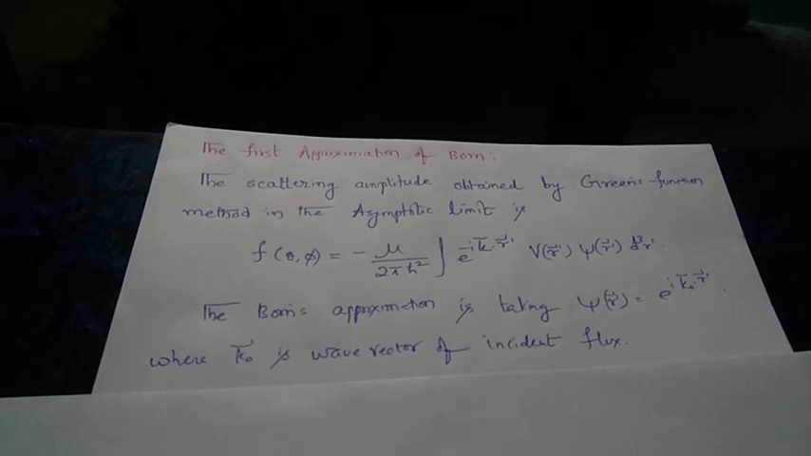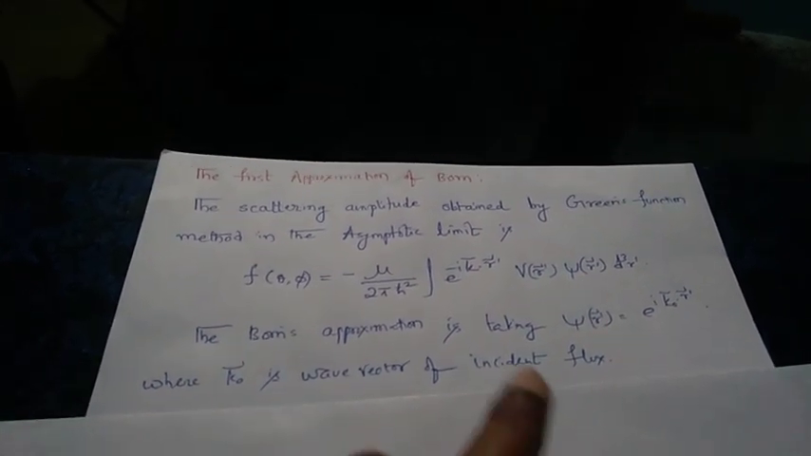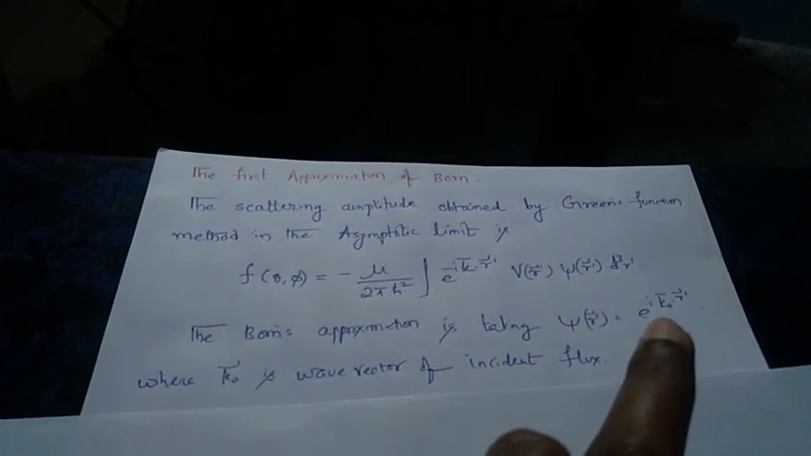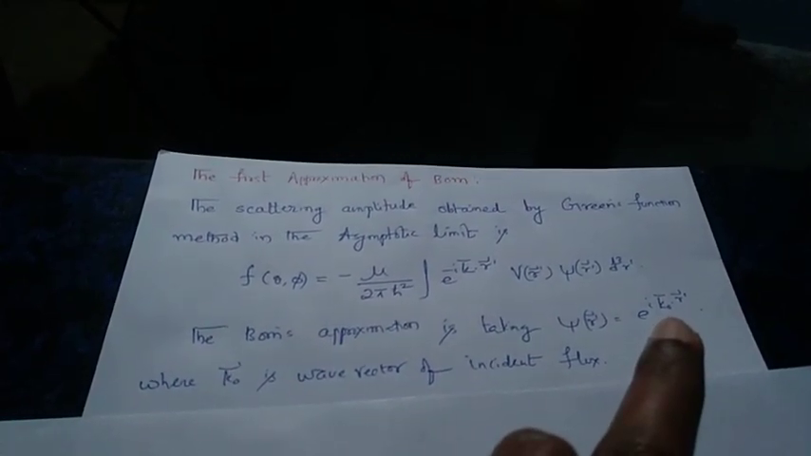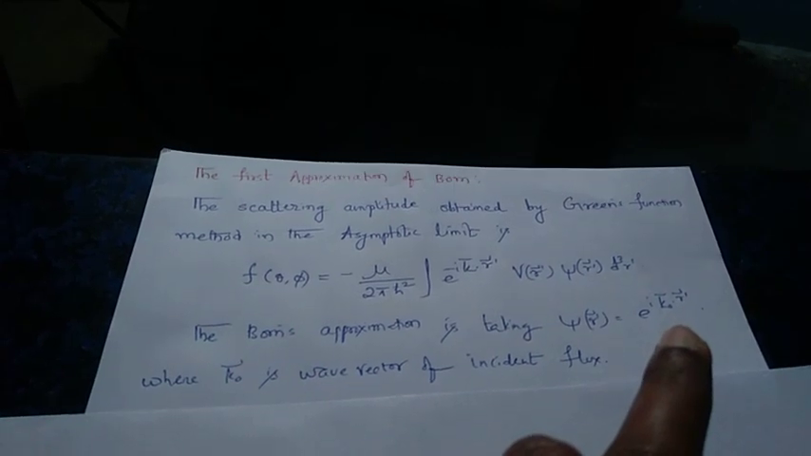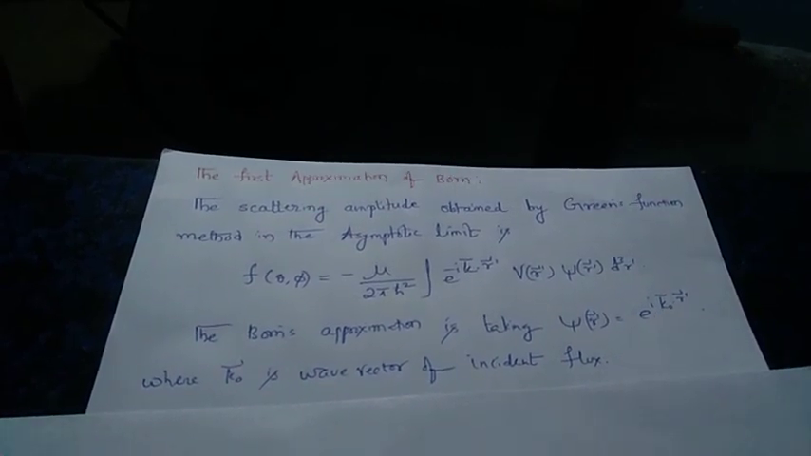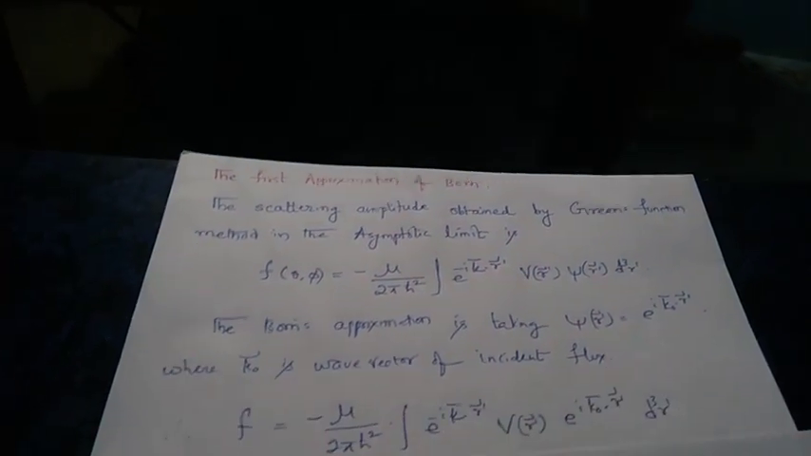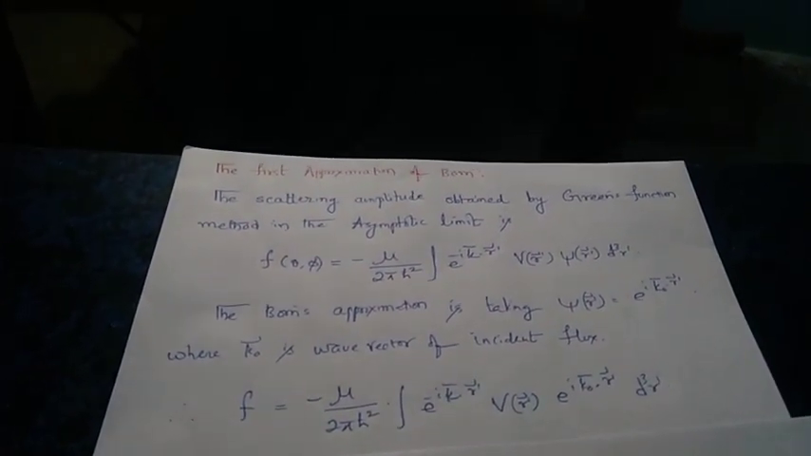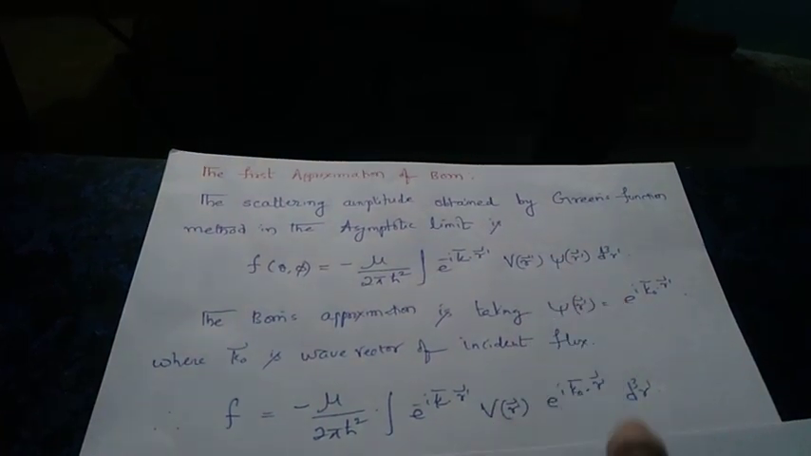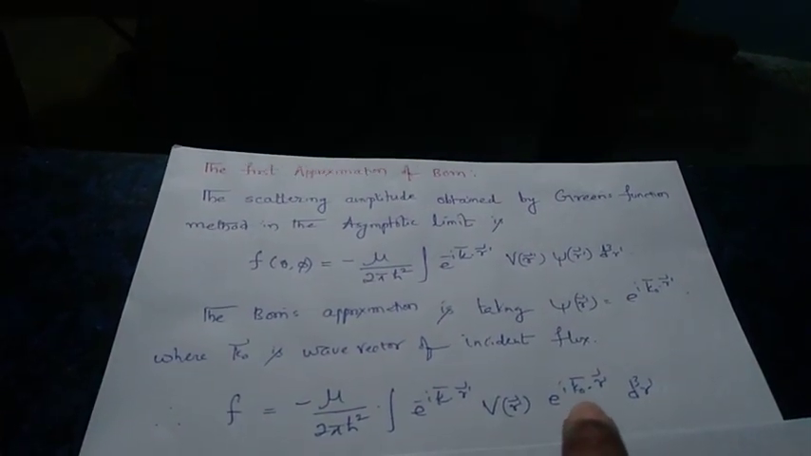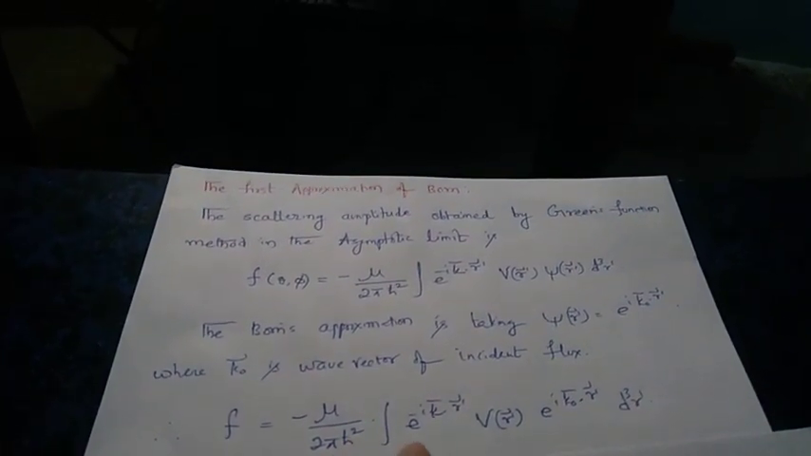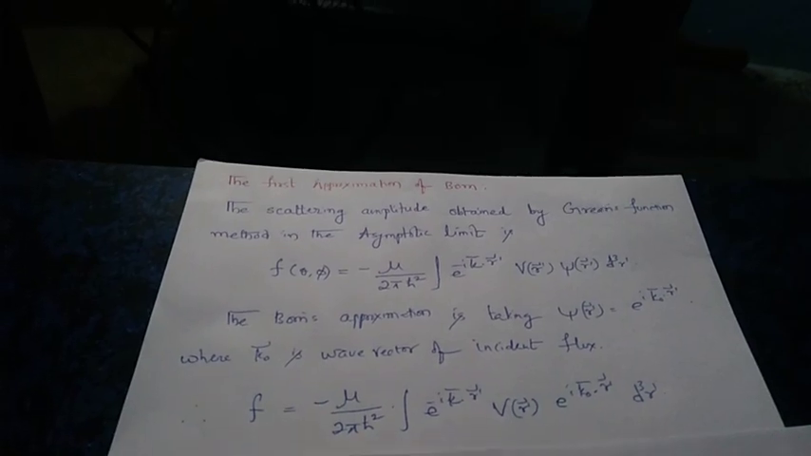The Born approximation is actually taking the scattered wave function as a plane wave with the same direction of propagation as the initial flux, which is k₀. So if you take it this way, then in the integral we can get this ψ(r') replaced by this exponential ik₀ dot r', and if you write both the exponentials together, then we get